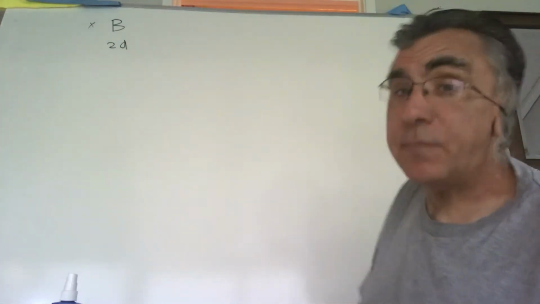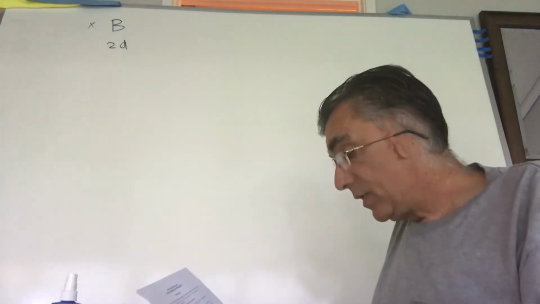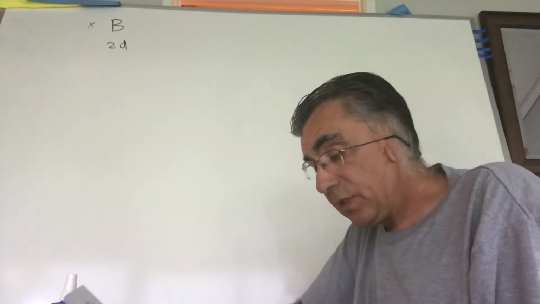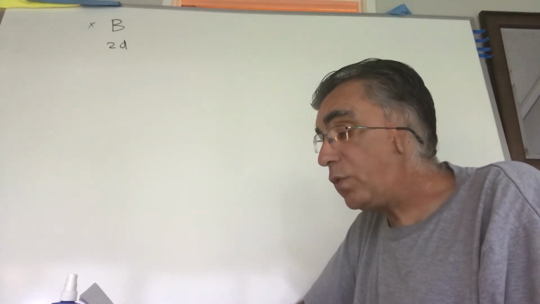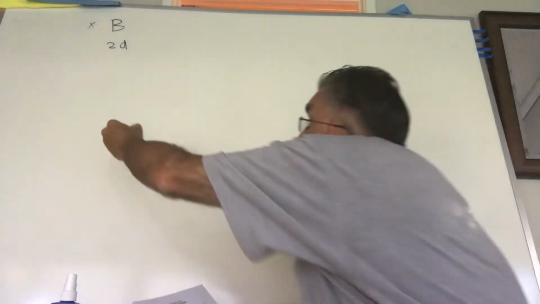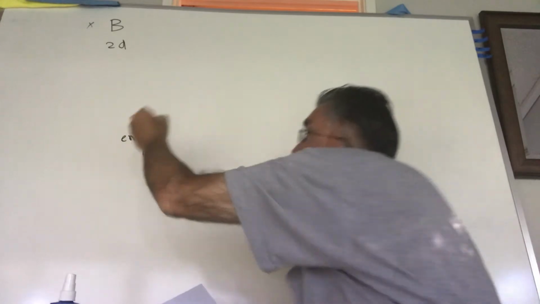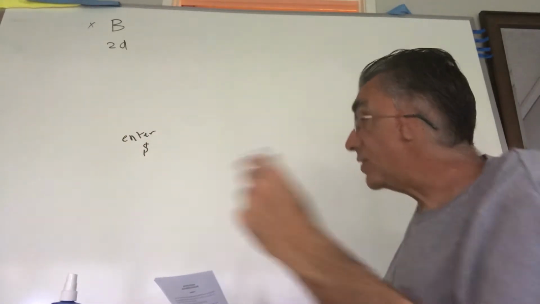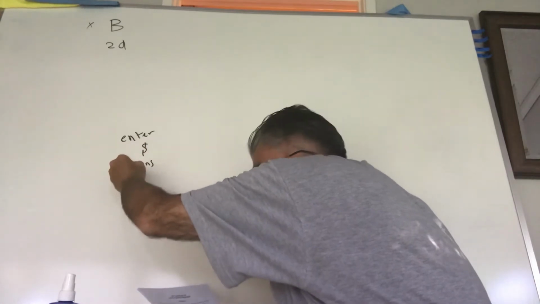2D. This is like the penguin question, a min-max question, but this one's for shoppers. We're told the rate at which the shoppers enter the store is S. The rate at which they're leaving the store is